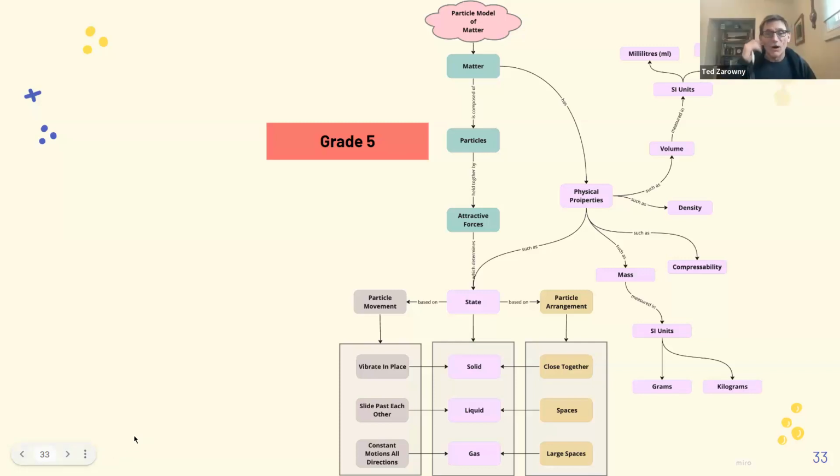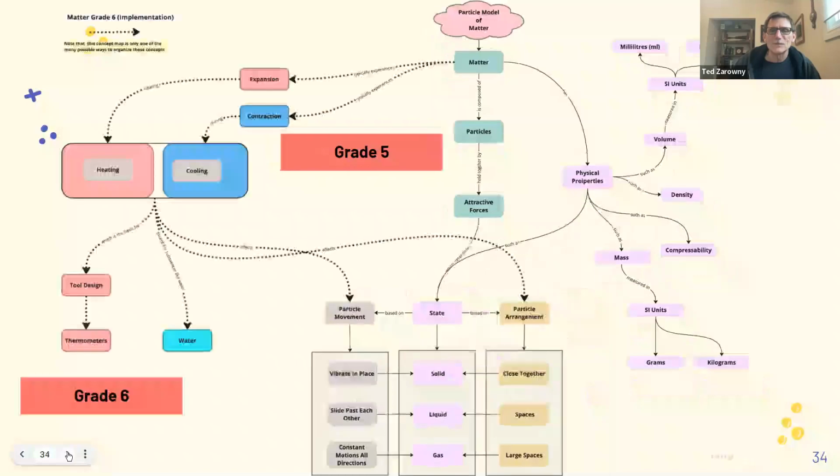This is the grade 5, all the key concepts in the grade 5 curriculum. I'm not going to go through that. I'm actually going to layer on top the grade 6 one, and you'll see it's the same as grade 5, just with some additions to it. The dotted line additions are what really comes into play in grade 6. And so it's going to be helpful to look at this concept map to really get a sense of what grade 6 is going to be. In order to read this, you have to really download the PDF that we want available for you and read it carefully. There are some connecting lines that help explain how these ideas are connected.